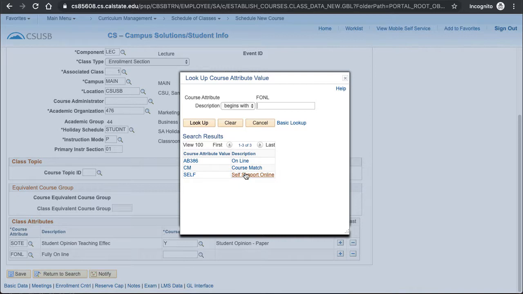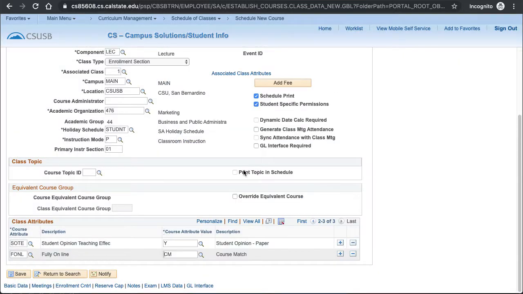You might notice a SELF in the values option. This is only used for summer by College of Extended and Global Education, as SELF indicates the course is self-support. Because this class meets face-to-face, I will return the instruction mode to P and remove the FONL class attribute.